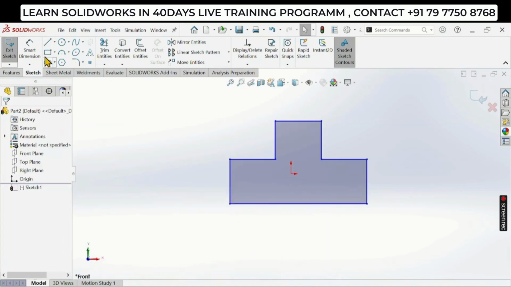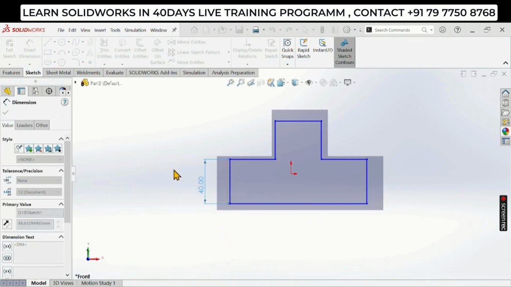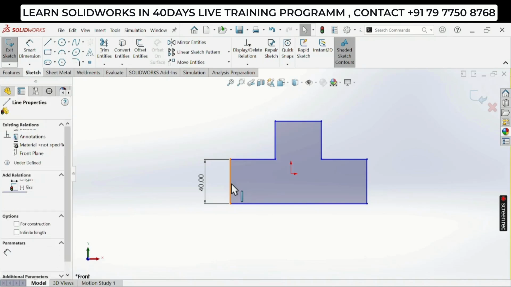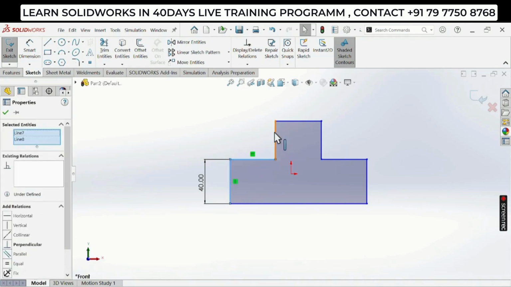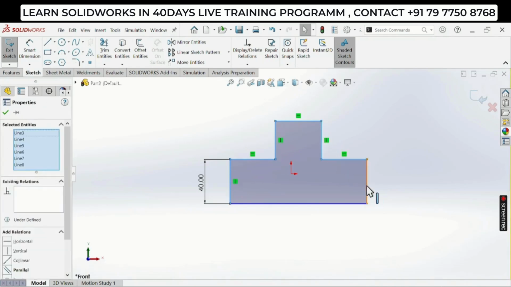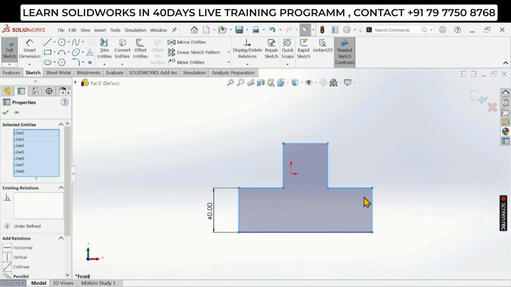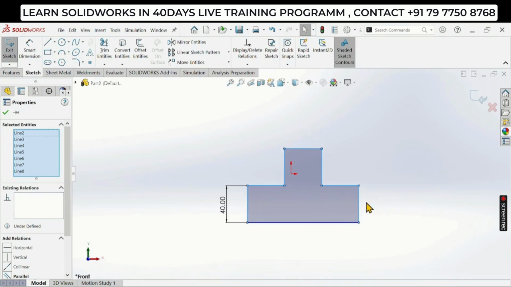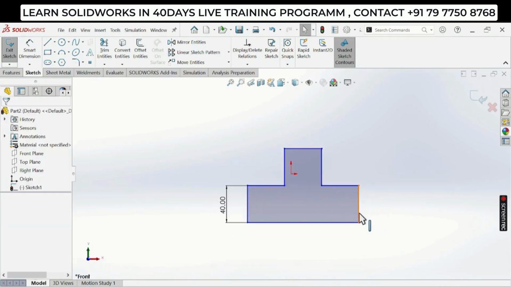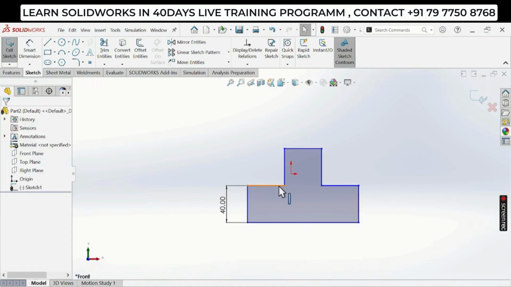So now I'll start giving dimensions: 40. I'll select this line also. I give the relationship equal. Now all these lines are 40 mm. You can check here. Here the length is 40 mm. Okay, then